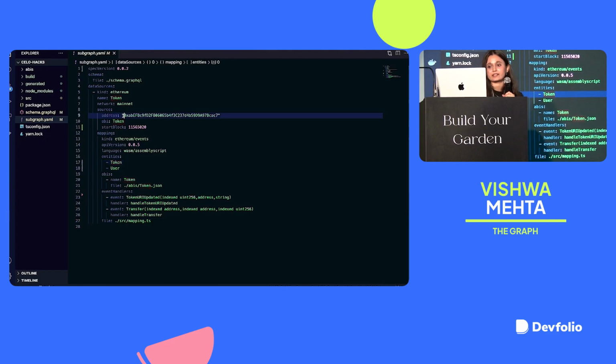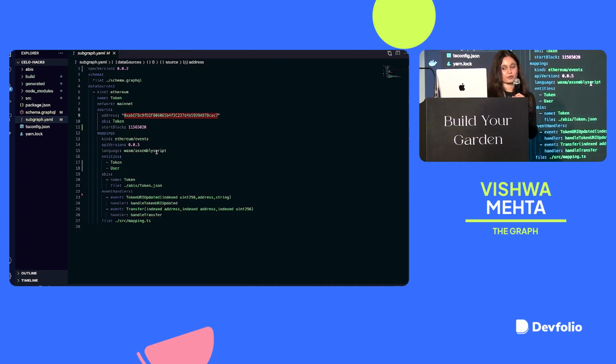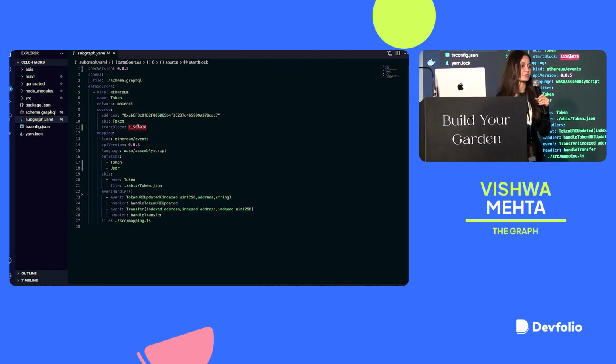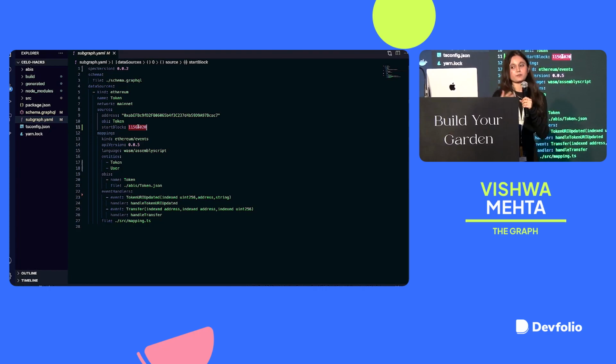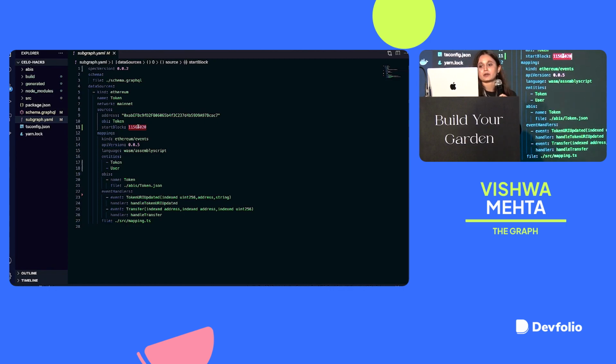So that is basically this right here that you want to enter. And this is basically the smart contract address of the NFT, the Zora NFT smart contract that you can get from the Zora documentation. And I just want to call out one really useful piece of information: you would also want to define a start block, because you don't want to start indexing from the Genesis block. If you know which block you want to start indexing from, just go ahead and pop in the start block